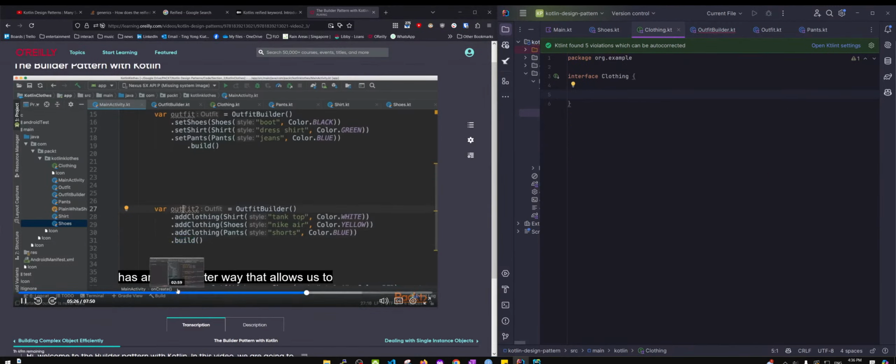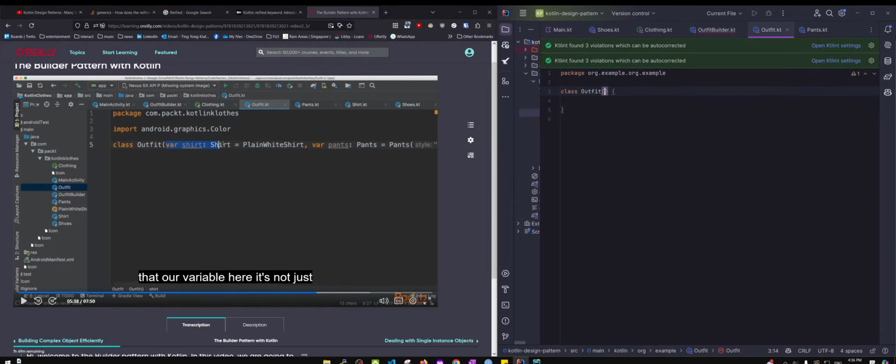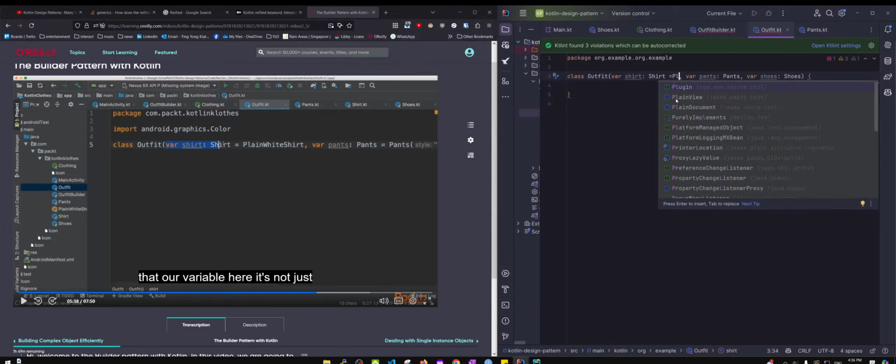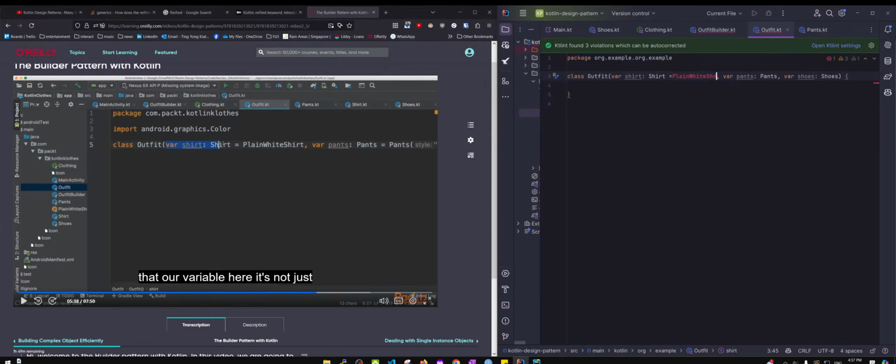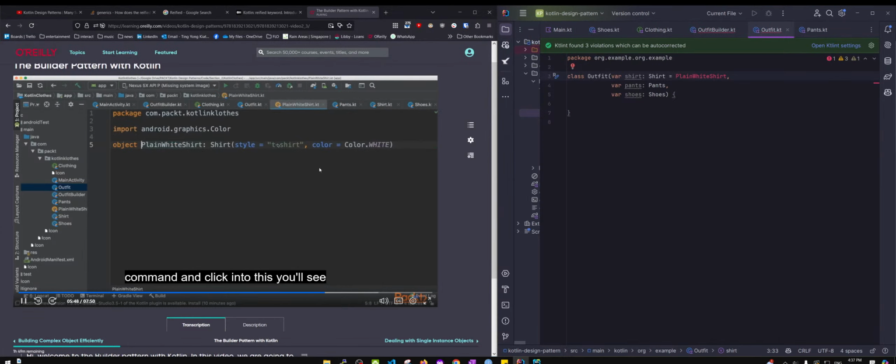Now, Kotlin has an even better feature. We'll see that our variable here, it's not just variable shirt and then the type. I've also added an equal sign, and I gave it a value of plain white shirt. If you hold command and click into this, you'll